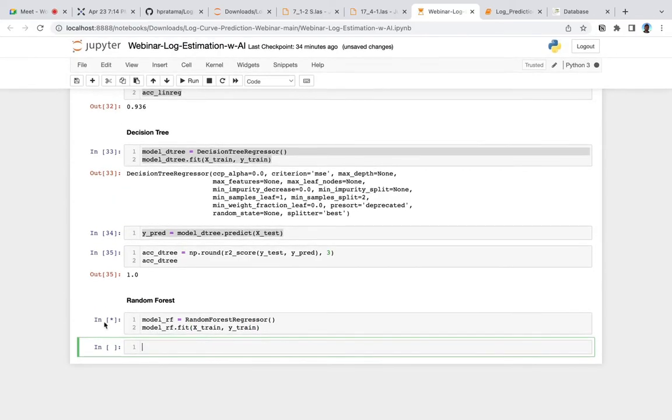It will take time because random forest is an advanced algorithm, combining all the decision trees.